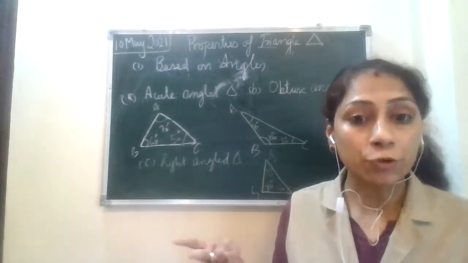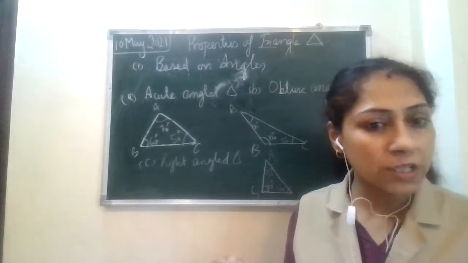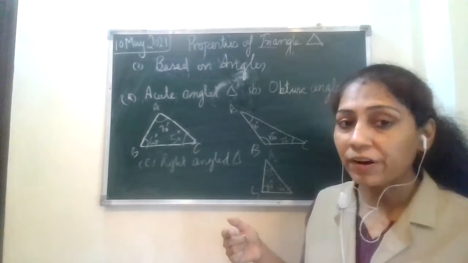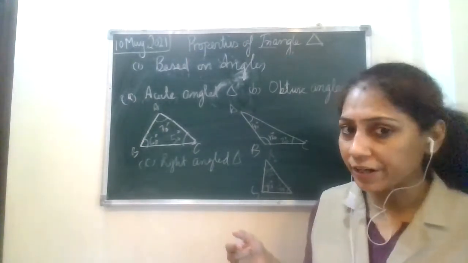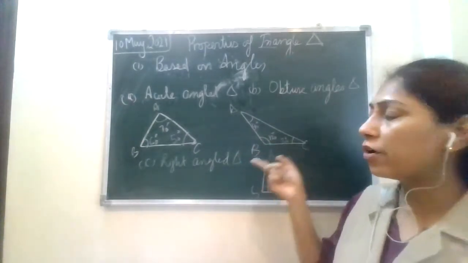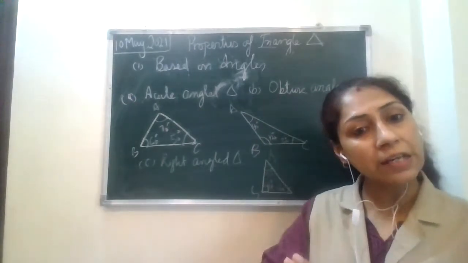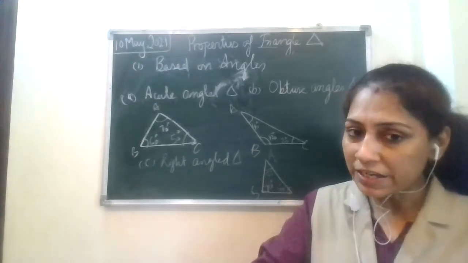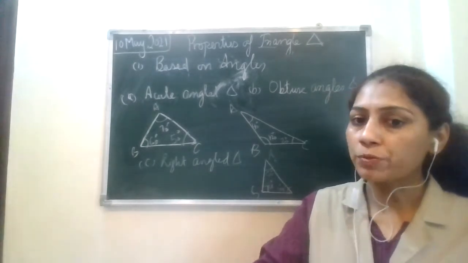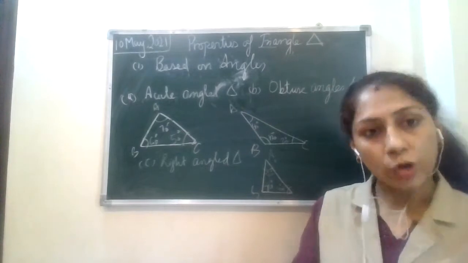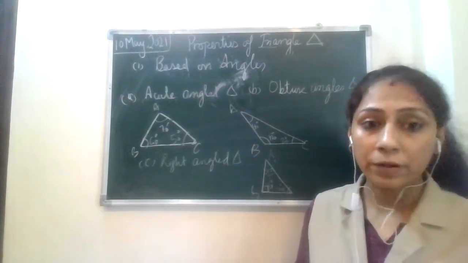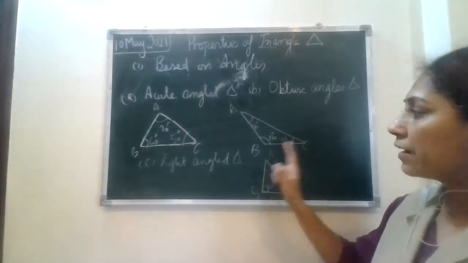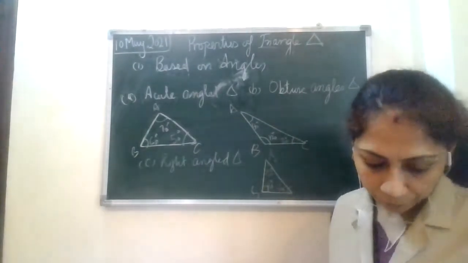Okay, be it obtuse, be it isosceles, your scalene triangle or your equilateral triangle, whatever it is. In acute angle, obtuse angle or right angle, जैसे close किया तीन lines से figure को, the sum will come out to be 180 degrees. Please do remember this property always. Okay, and you can try an experiment. This is your assignment. So acute angle, obtuse angle and right angle we have done with you.